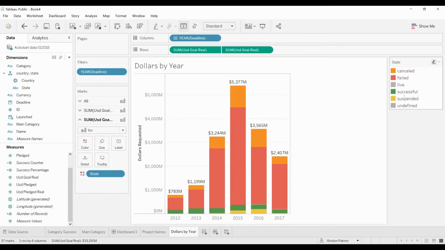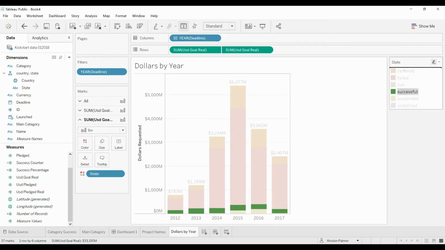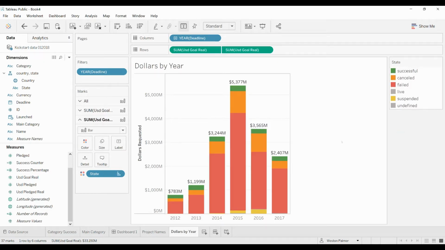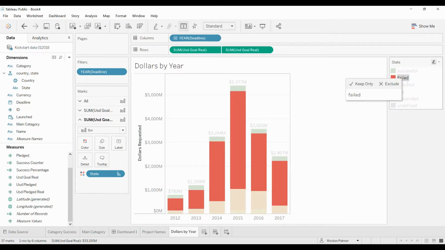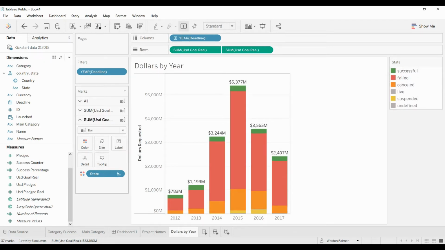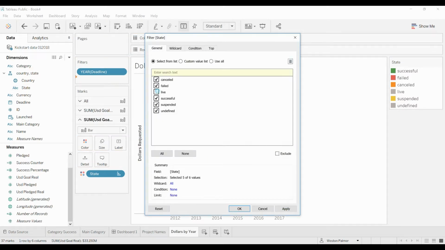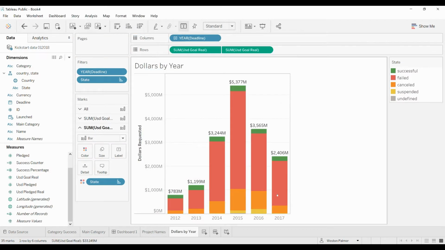And now I maybe want the success on the top. So you've got the success. You can easily change the order there. I'm going to bring the state over here, and I'm going to get rid of live so that it wouldn't show up under the bars because we got rid of the 2018, but it would still show up under the legend, and that could get kind of confusing. So now when we go back to the dashboard,